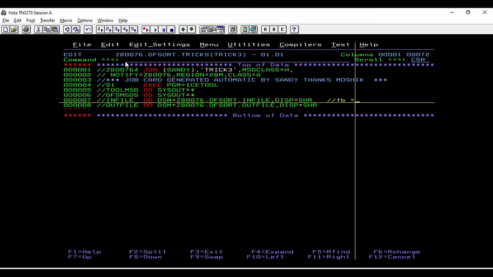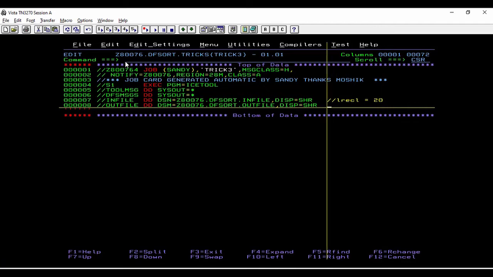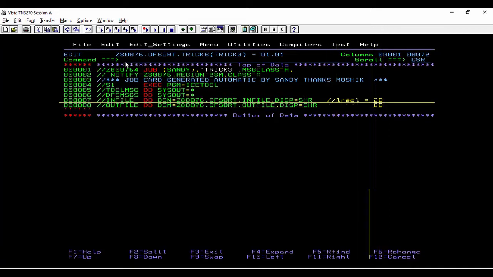Here the logical record length of the input file is 20, whereas the logical record length of the output file is 80. Our goal here is to get data from the input file, which is a smaller file, and write it into a bigger file. This can be achieved using ICETOOL. Let us get rid of this extra data. This would give us a syntax error.